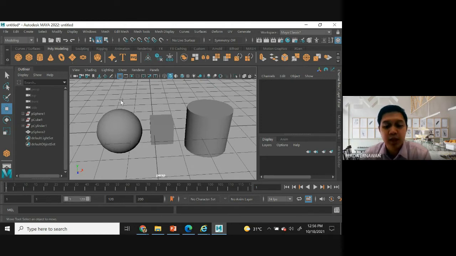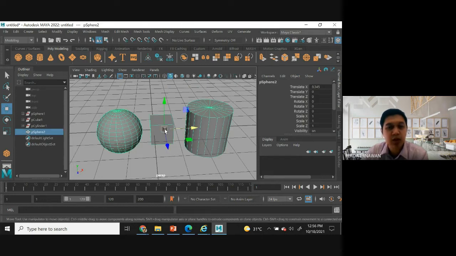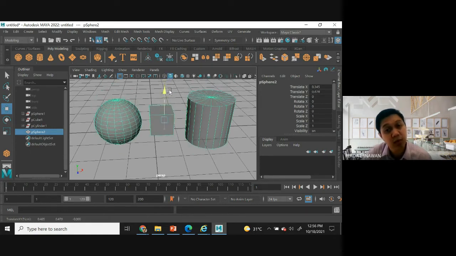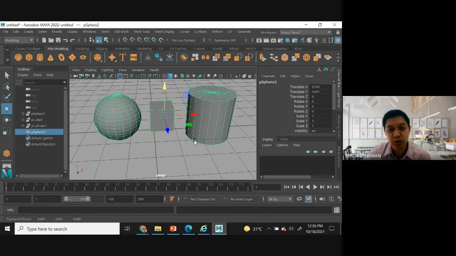So let's see how to extract here. You can select which object you want to extract. Because before this, if you move, three of them will be moved together, right? Which one do you want to extract? Let's say I want to extract the cylinder. This one.